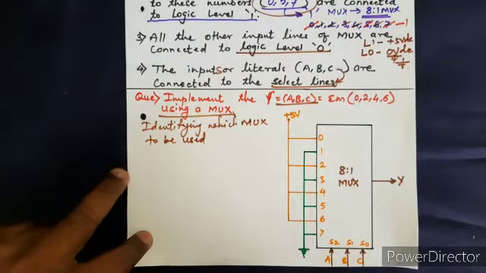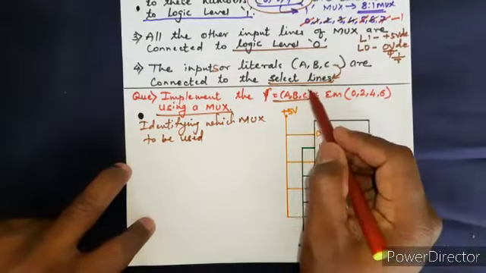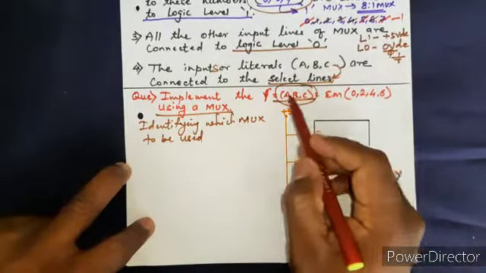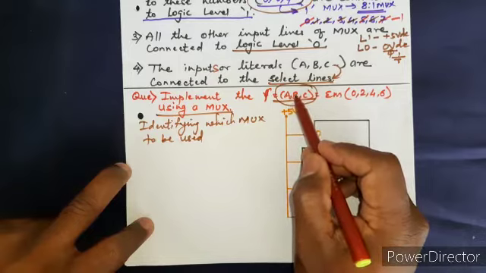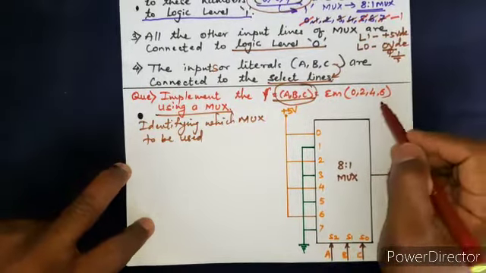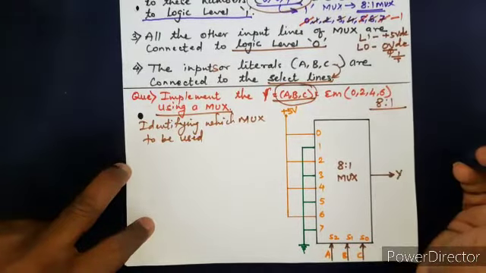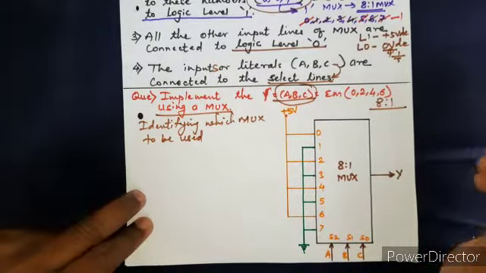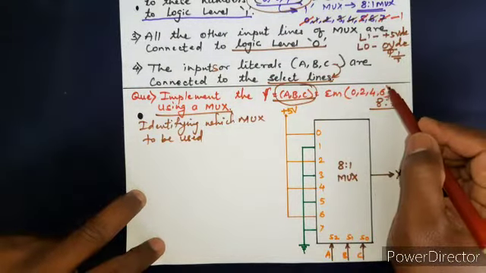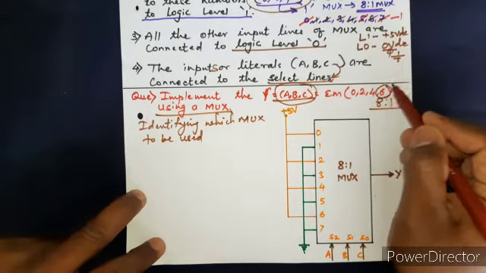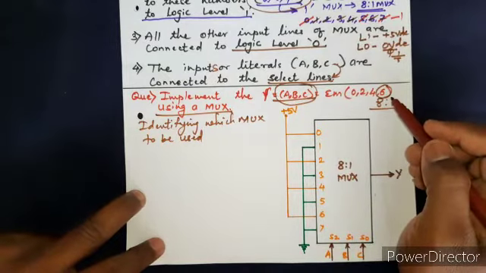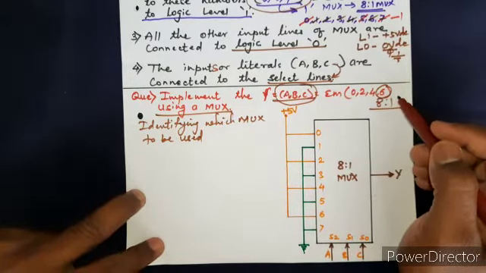Now there are different ways to identify. One way here is how many input variables are given. Based on that, you see these input variables are 3, meaning 3 select lines, and 3 select lines means 8:1 mux. So this is the logical part. If this ABC is not given, then based on the highest number in this equation you can identify. This we have already discussed in our previous lectures.